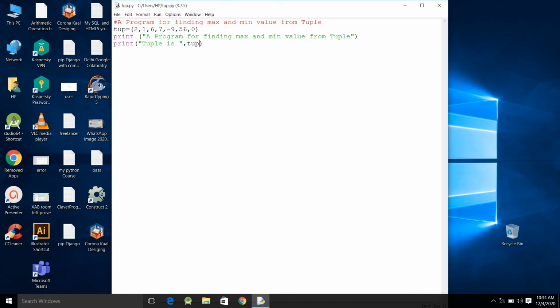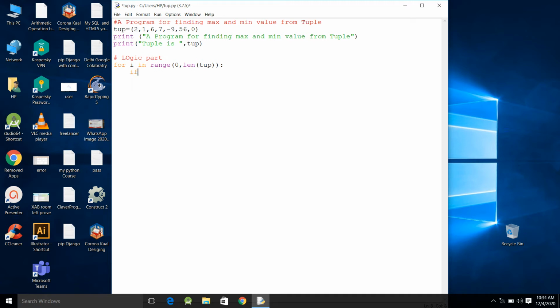Now, students, I am going to use the logic part here. I will traverse the whole tuple: for i in range, from 0 to length of my tuple, and it will traverse every element.